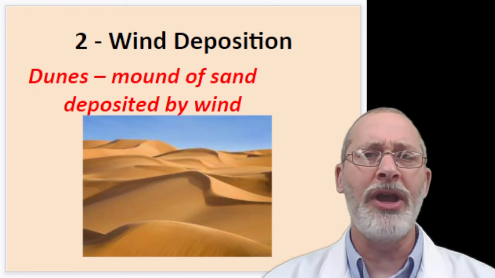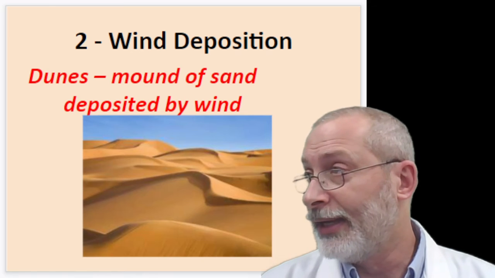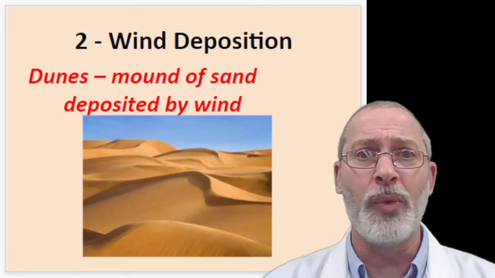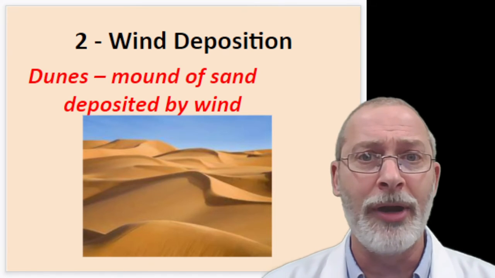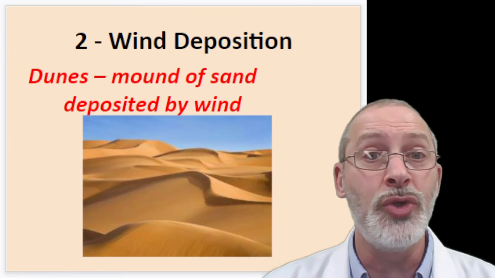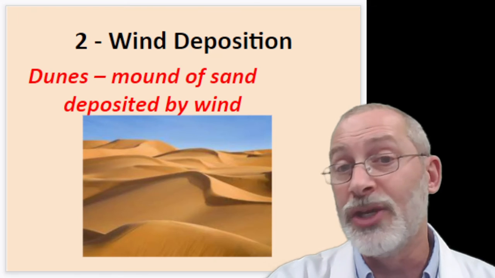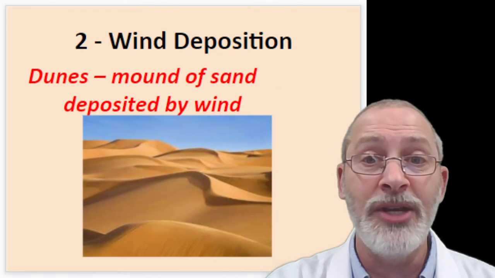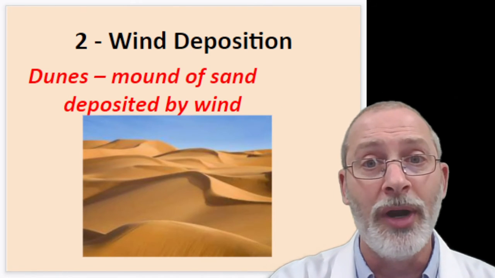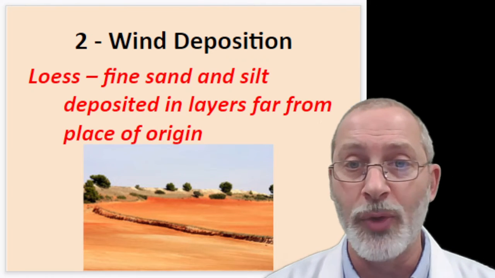There are incredible sand dunes on the West Coast, in Oregon, near the Great Lakes. I think there's a sand dunes national park near one of the Great Lakes. Maybe it's Lake Superior. I'm not quite sure about that. But we can find sand dunes not just in deserts, but in other ecosystems as well. But no matter where you find a sand dune, and no matter how big or small, even if it's on the beach at the Jersey Shore, little itty bitty sand dunes are mounds of sand deposited by the wind.